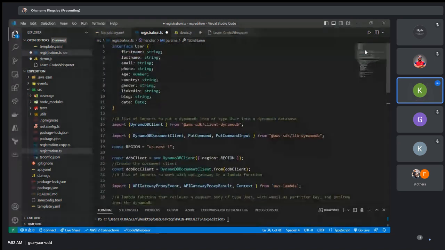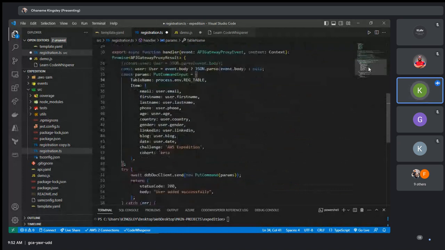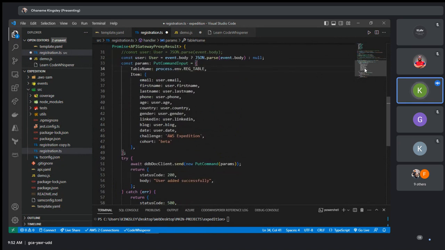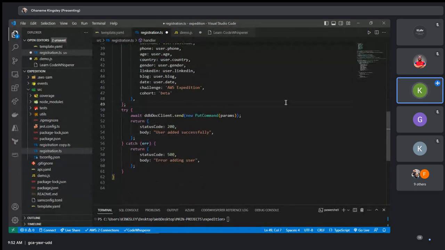So as you see, CodeWhisperer wrote this code for me. All I need to do was give it suggestions. And where I needed it to do something else, once I start typing, it modifies my code for me and it shows me suggestions, and I can go with it. So I save my file,